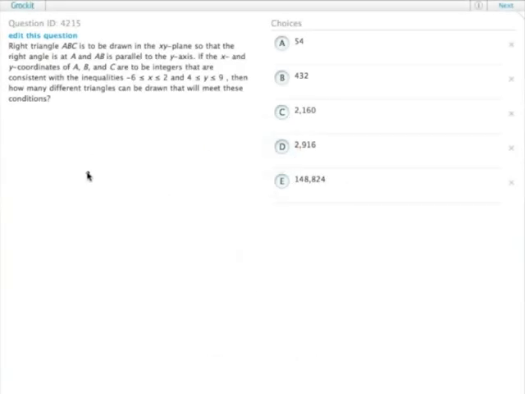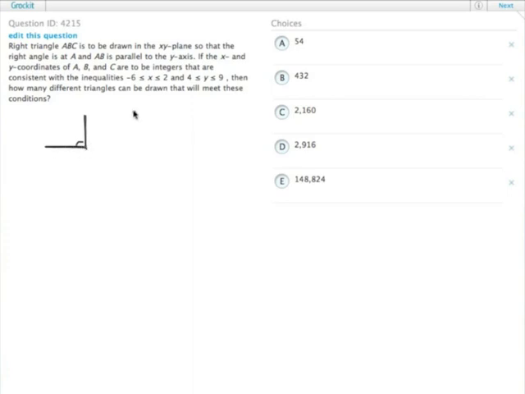A right triangle is drawn in an xy plane and has a whole range of values. It's pretty tempting to try and sketch this out. I guess the main thing to know is that one of the sides of the triangle is parallel to the y-axis, so it's completely vertical. The other one, since it is a right triangle, will be perpendicular and parallel